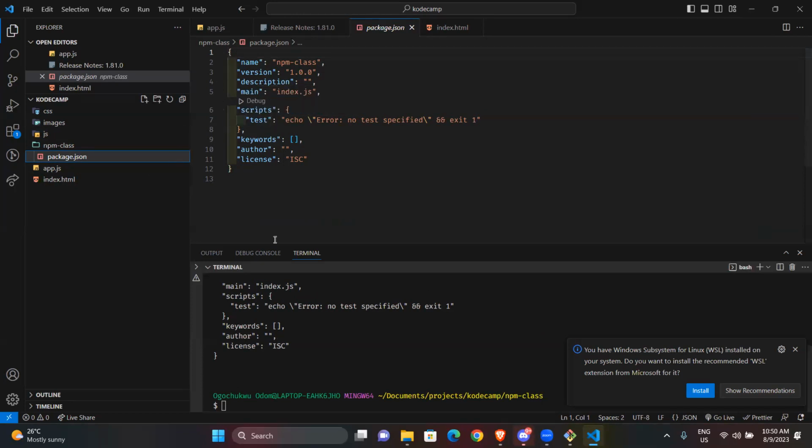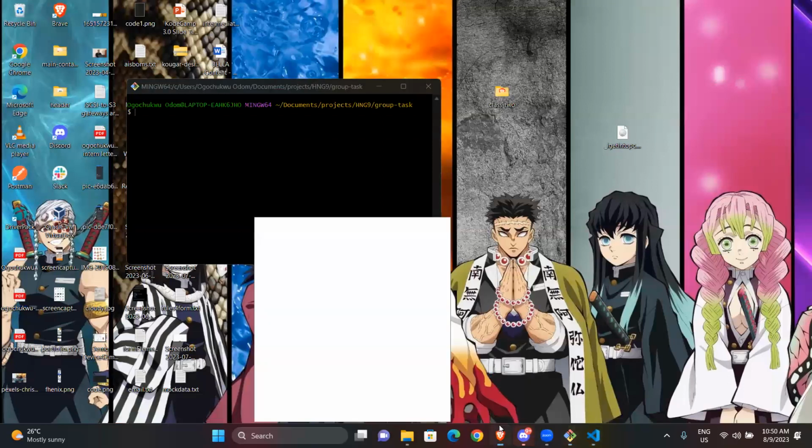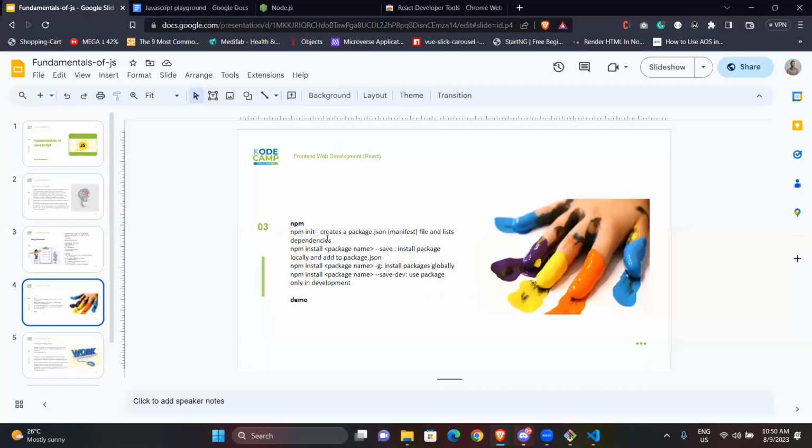So when I do npm init -y, you're saying yes, allow it, initialize it, create the package.json on your own accord. Normally, you have to specify each thing by yourself. I didn't want to go through that stress of specifying the names, specifying this, specifying that, so that's why I added a -y at the end. And then we have that. All right, so that is npm init. It creates a package.json and then lists the dependencies.